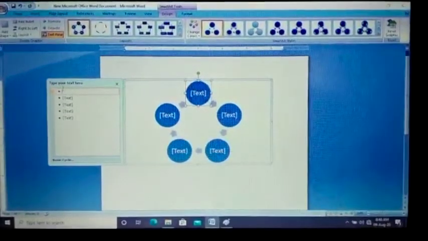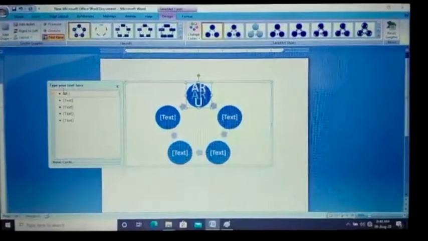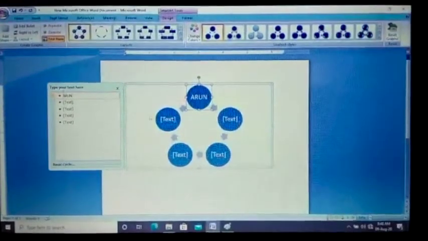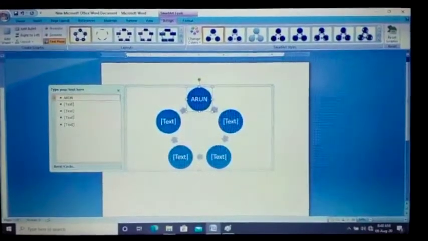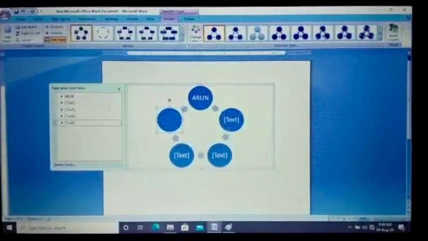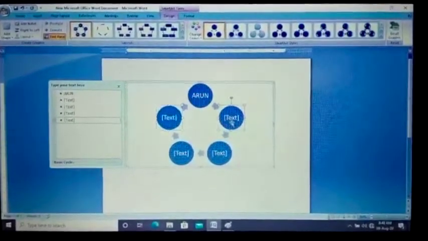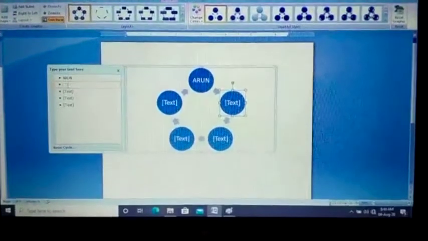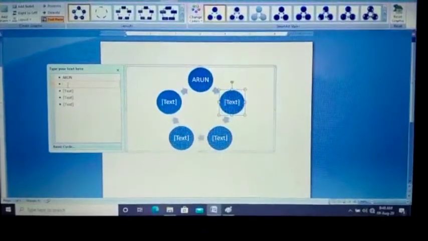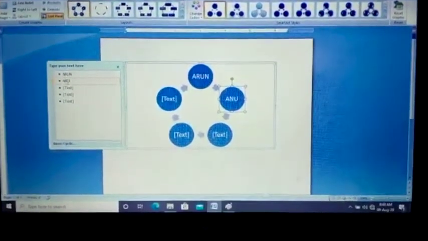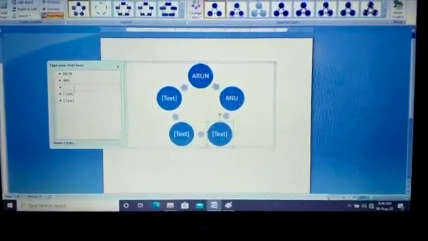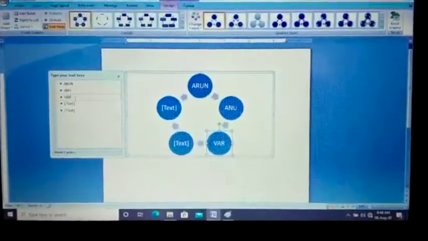Click Arun. Next, type here. Type here. Arun. Anu. Then Varun.